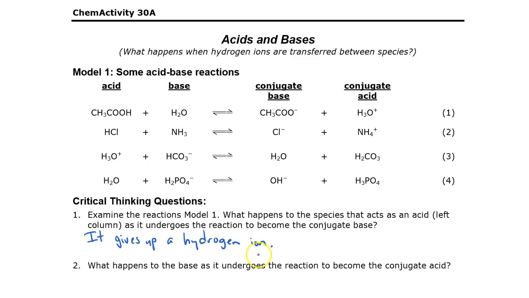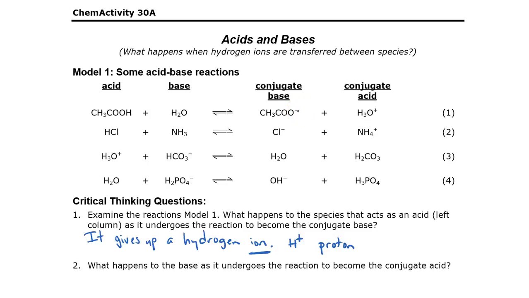But the ion is important because if you just say it gives up a hydrogen, then what do you mean by that? Do you just mean an H? Because you notice that it ends up with a negative charge. So we do need to say a hydrogen ion because a hydrogen ion is an H+. So you could say it gives up an H+, or you could say it gives up a proton. Hydrogen ion, H+, and proton are all synonyms, so that would work. A proton is an H+. You get something that now has a negative charge.